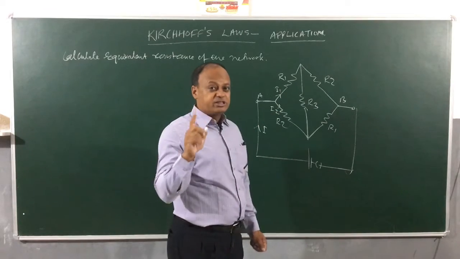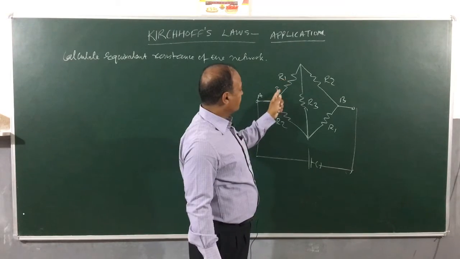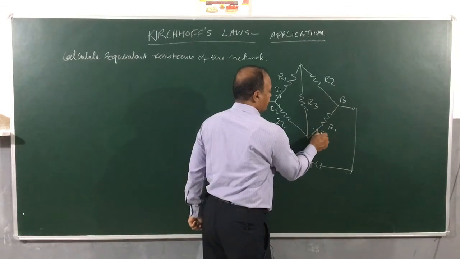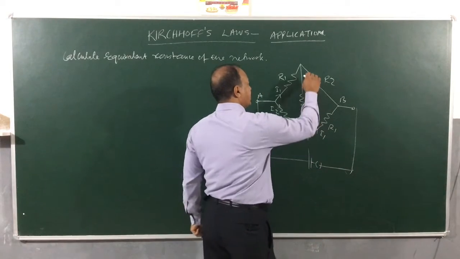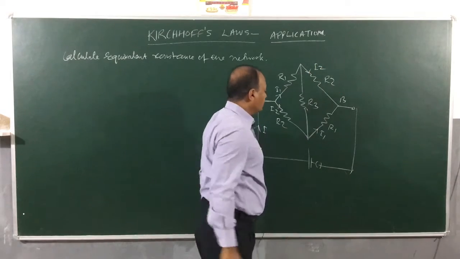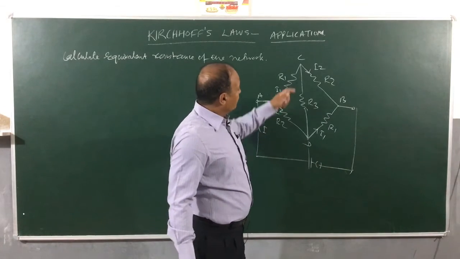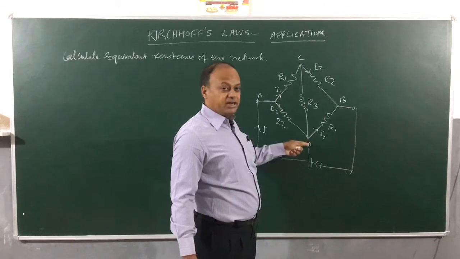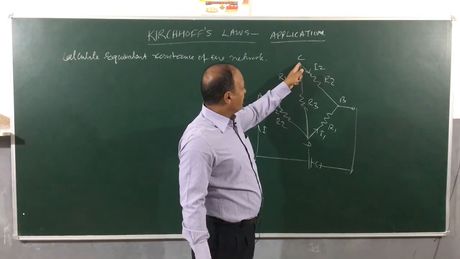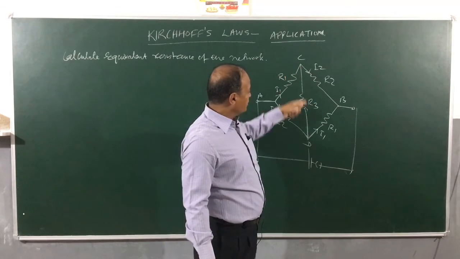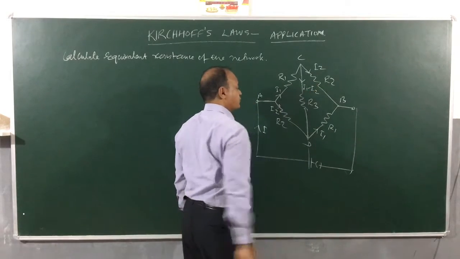Now bear in mind, we will be using symmetry, resistances across are equal. So this current is I1 through R1. So here also we will take this as I1. Current here through R2 is I2. So we will be taking I2 here again. Let us take this point as C and this point as D. When I look at across points C and D, you can see at point C, current I1 is going towards C and I2 is going away. So obviously through this resistance R3, how much current is going? If I use Kirchhoff's first law, I1 minus I2.